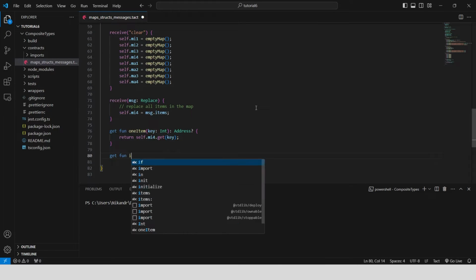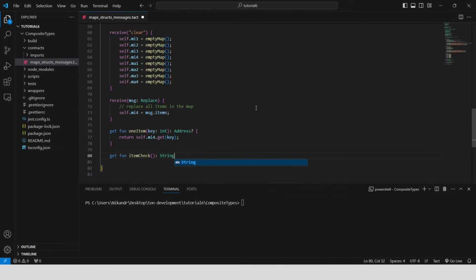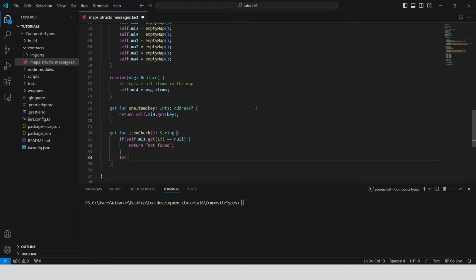Create a getter function named itemCheck that returns a string. This function checks the mi1 map for an entry at key 17. If the entry is not found or if it's null, the function returns not found. Otherwise, it retrieves the token info struct associated with the key 17 and returns its ticker. The double exclamation operator is used to assert that the returned value cannot be null, ensuring that the ticker is